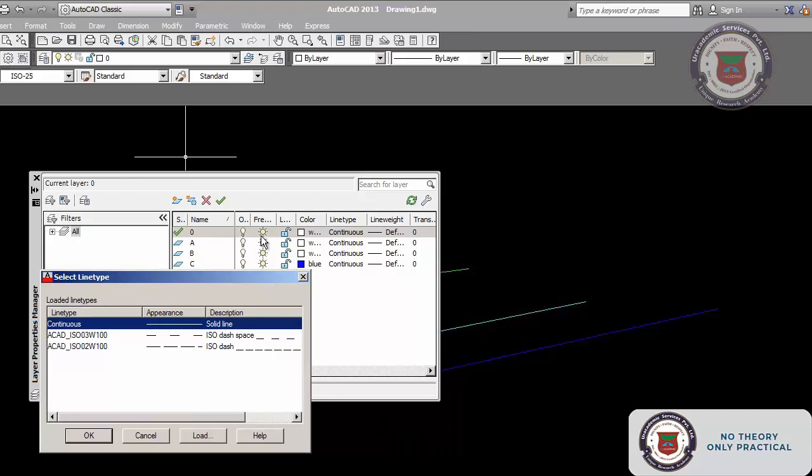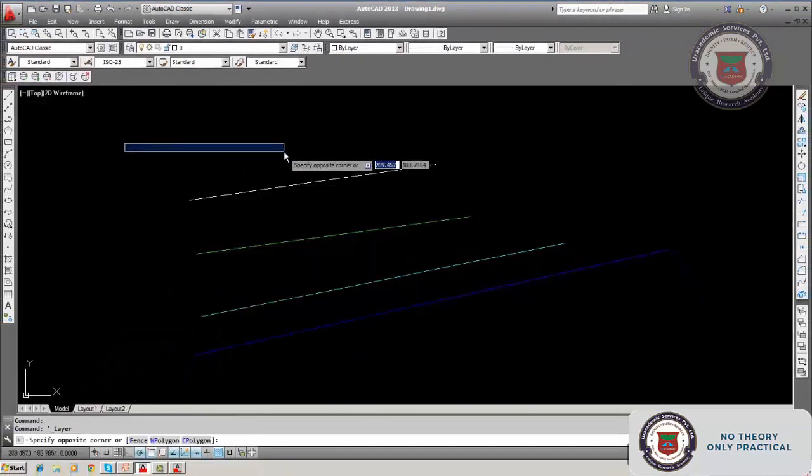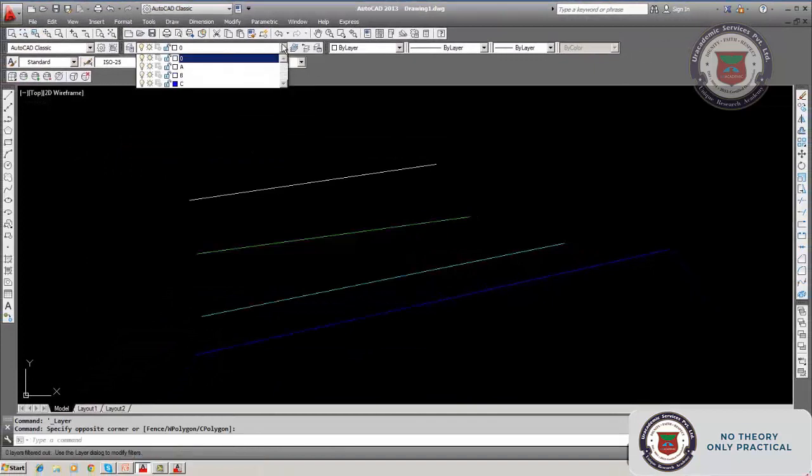The current layer which you have selected for doing your work, that layer you cannot freeze, and any other layer can be switched off. That means you cannot see it on the screen, and you cannot erase it also. Once it is not seen, it cannot be erased. I will show you that portion now. It's better to show you how a hidden layer or a switched off layer cannot be erased.